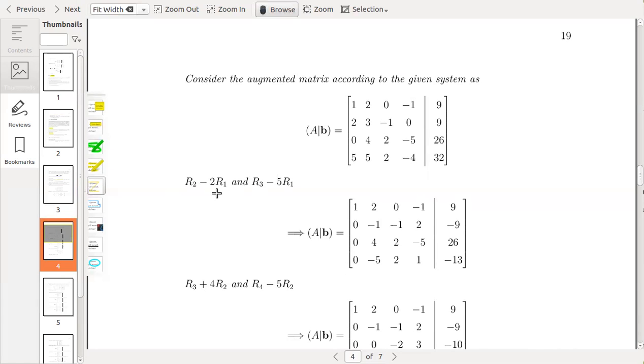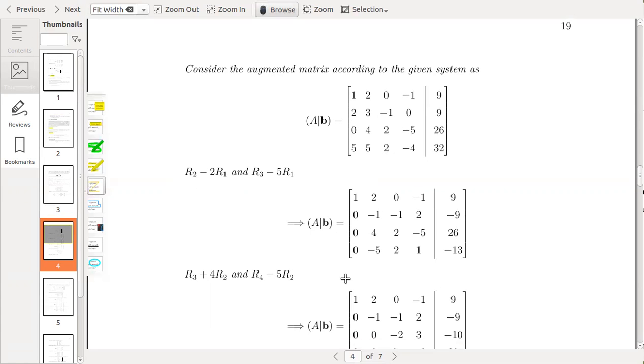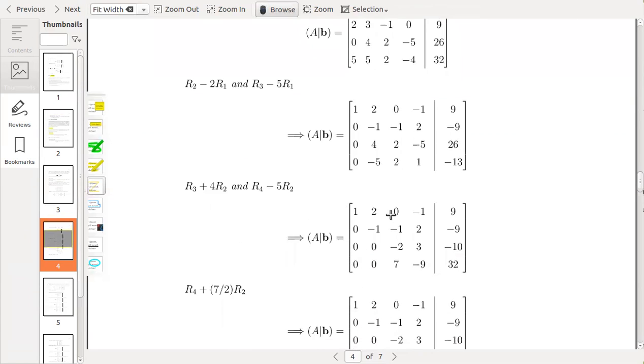So by subtracting from the second row a multiple of the first row, I mean R2 minus 2R1, and with the third row we multiply the first row by 5 and subtract it from the third row, and we will obtain this column. So now no need to perform any further operation on this first column,